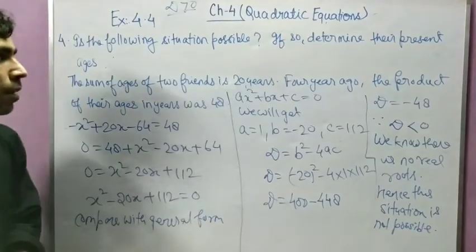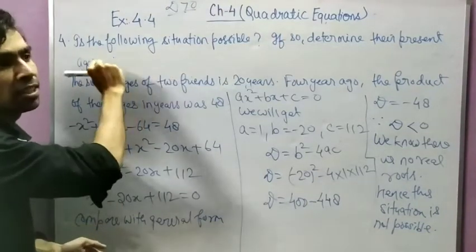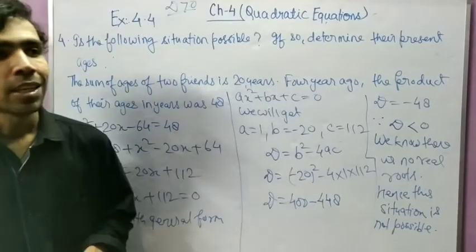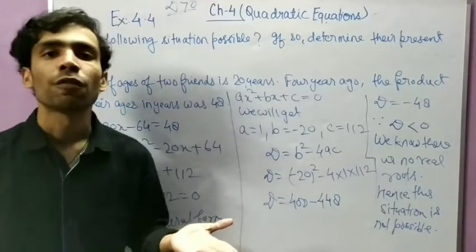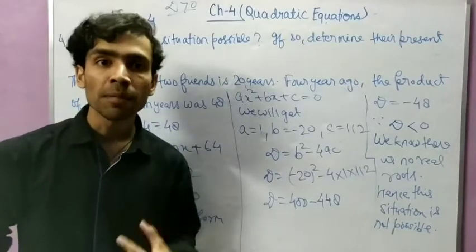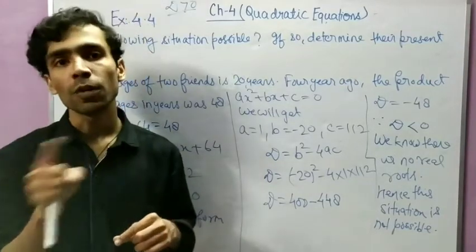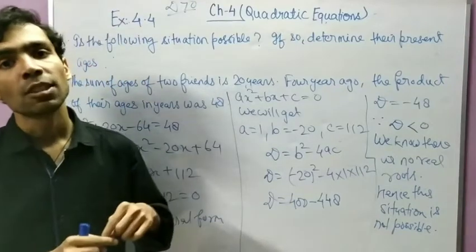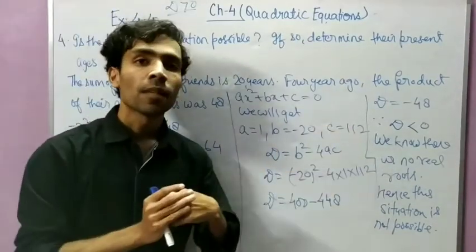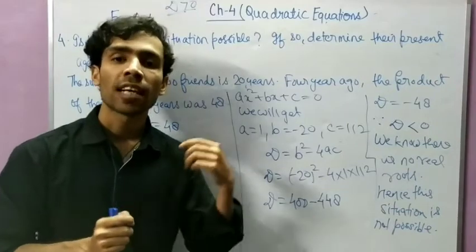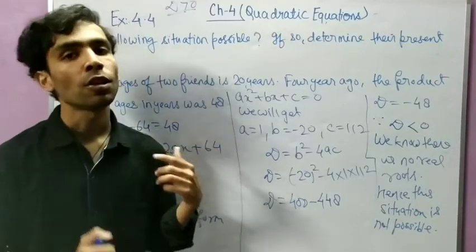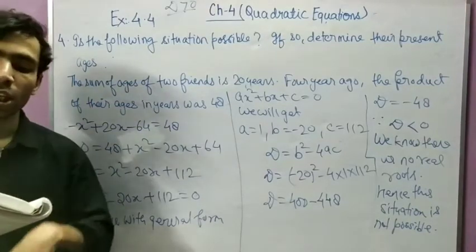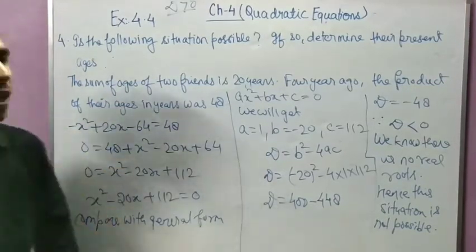So this is the method to solve these types of questions. Whenever you see this type of question, whether it is possible or not, first you have to form the quadratic equation. Then after comparing with the general form, you have to find the value of d. If d comes either 0 or greater than 0, meaning positive, then it is possible. And if d is less than 0, meaning negative, then we will not get any real roots, so this situation is not possible. Question number 5 is similar to question number 3 and question number 4, so I think you can do it by yourself.